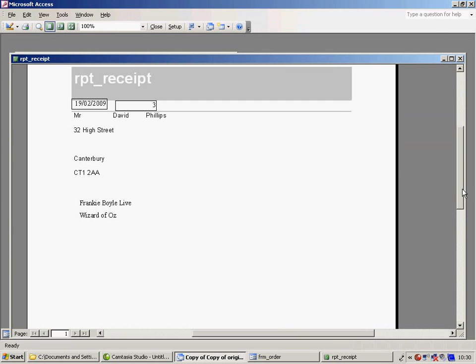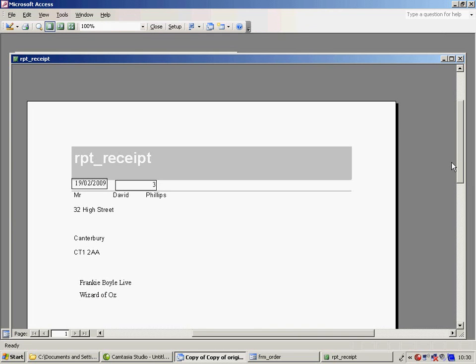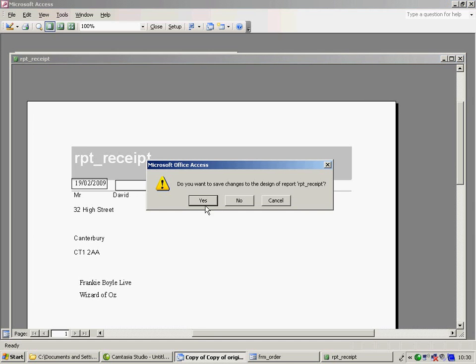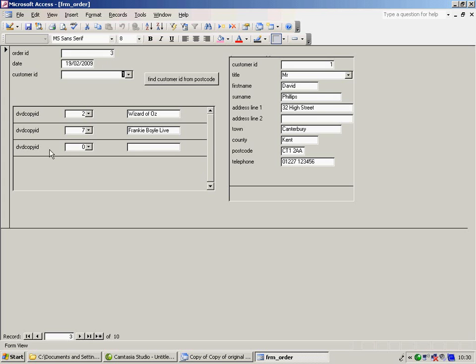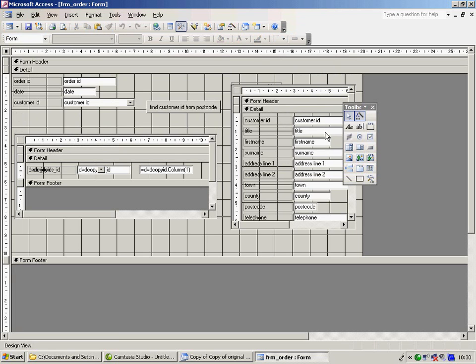Look, I'm not claiming I'm going to be spending ages and ages making this look fantastic, but for this moment in time, what we can clearly see is that we have a way of creating a receipt depending on which order you are in the data in the form. And to prove a point to you, let's just close this down and press yes. Let's go back to the form, and we can add on another little button here,